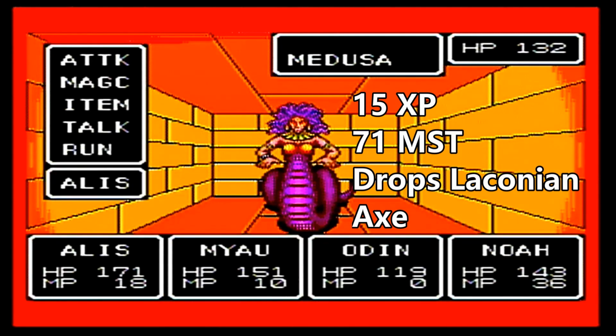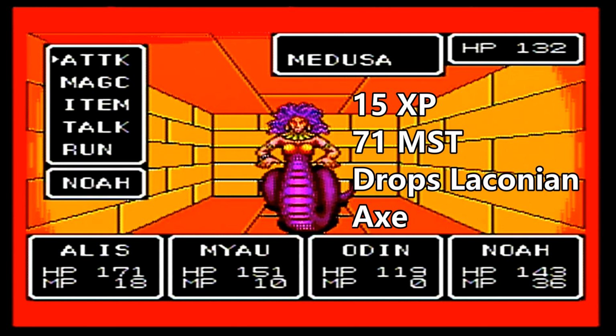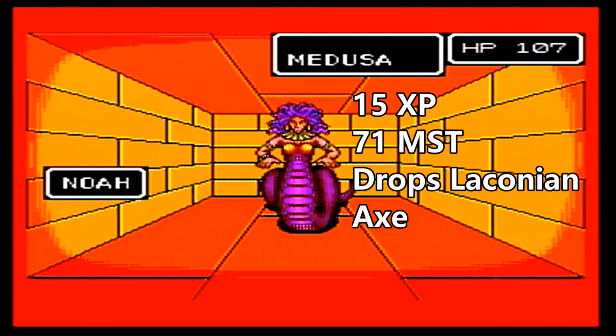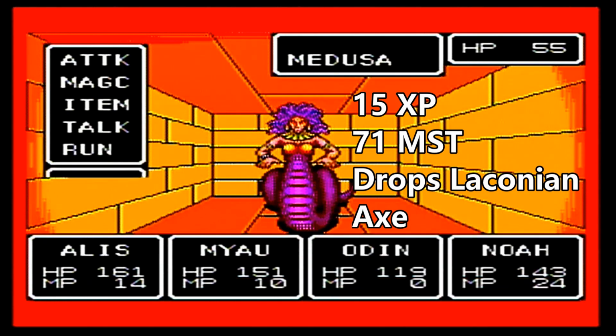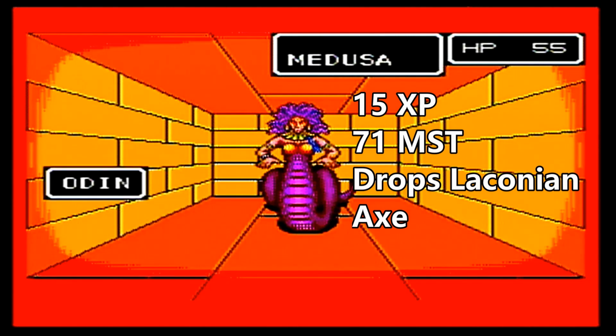They basically lose several of their turns. So that's the cheap way to beat Medusa early without the Myau shield. If you get really, really lucky, you can use the rope spell and tie Medusa up and hopefully finish her off before she escapes the rope bindings. But we didn't get lucky. She avoided all